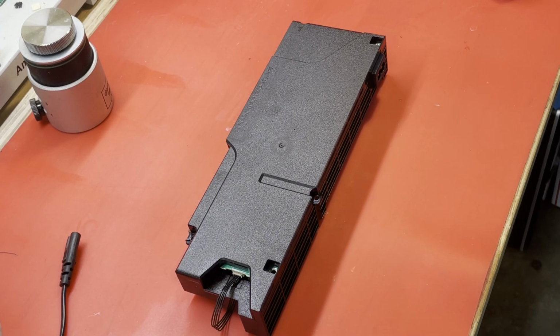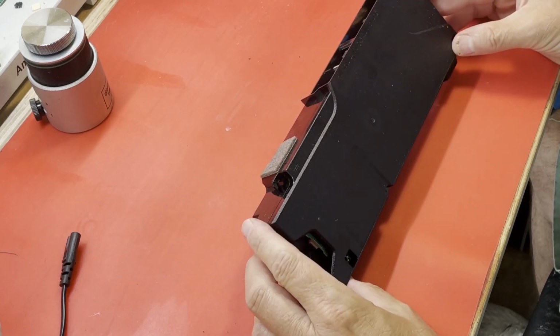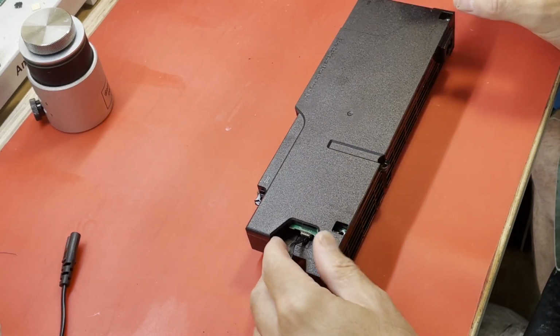Here we are inside at the workbench. After a little light cleanup, I did blow it out. There's still going to be some nastiness inside here. Let's see. And at this point,